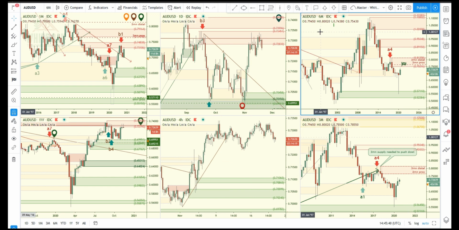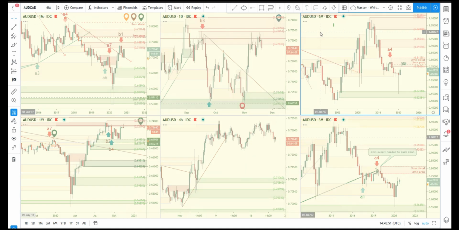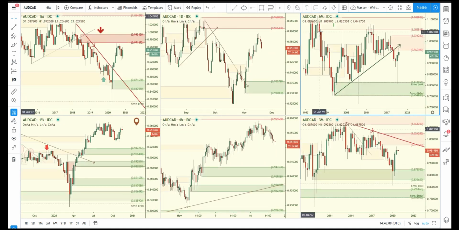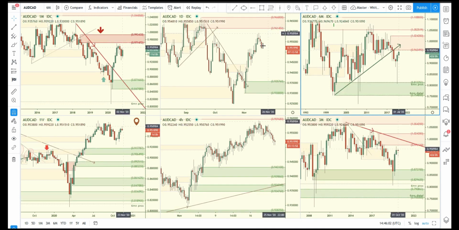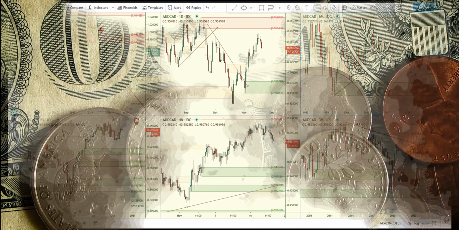So now that we're thinking there's a bigger likelihood of price dropping, or the Aussie getting weaker, let's take a look at the other Aussie pairs. So we know that the Aussie CAD contacted